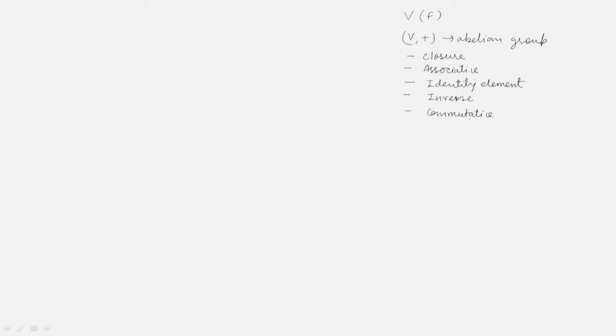If these properties hold with respect to vector addition, then we say that V with respect to addition is an abelian group, and with respect to scalar multiplication, the first is closure,